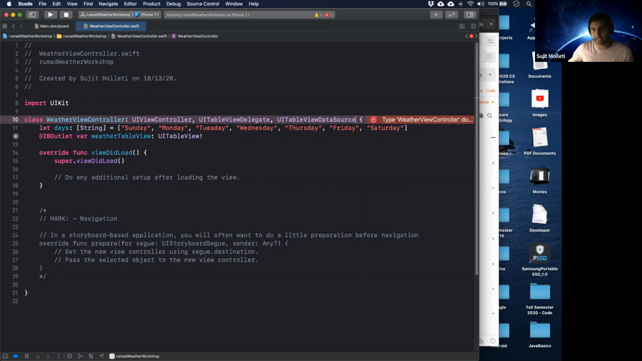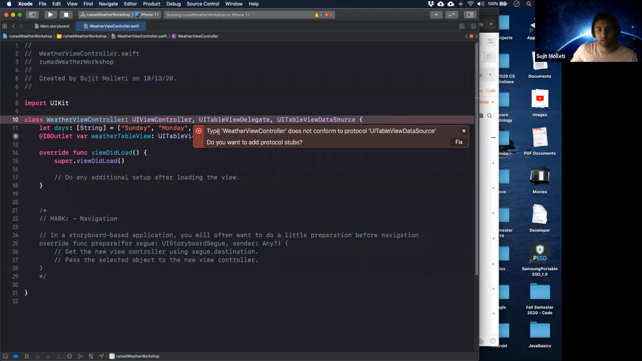And now you should get an error, and that's totally okay. What this error says is that type WeatherViewController, our class, does not conform to the protocol UITableViewDataSource, and it asks you, do you want to add the protocol stubs? Like I said, UITableViewDataSource has these methods that have to be implemented,